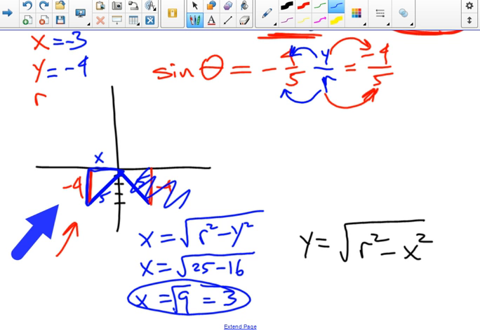But the where I am does. That's a negative 3. So negative 3, negative 4, and r is 5. Positive 5, because r is always positive. Now I have all the information I need to find any of the trigonometric functions. Give me one. Any of them. Tangent, cotangent, cosecant, secant, cosine, any of them I can find, because I have the x, y, and r